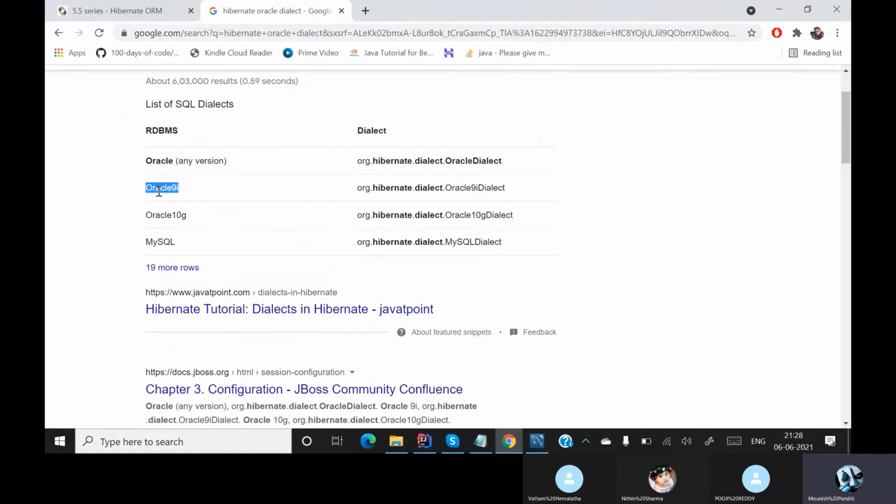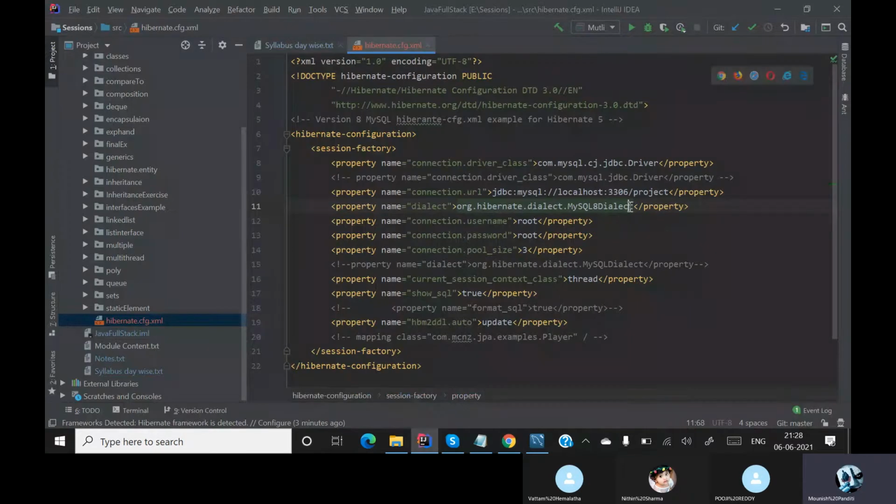For Oracle version 9 you have this dialect. So the only thing you need to do is change this line with your respective database. At that time all the connections, changes, and programs which you make will automatically be redirected to that particular database.